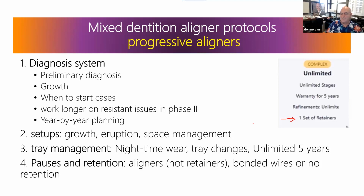When you say you want retainers, they are going to be a thicker material, more resistant, and there won't be any attachments on the teeth when you ask for retainers at the end of the case. Now, in unlimited, it's also been promised that we can reopen a case if they don't wear their retainers and we want more aligners. Up to 5 years, we can still reopen the case, and we can get some more aligners. I have not got an answer yet whether or not you'd have to pay for the second set of